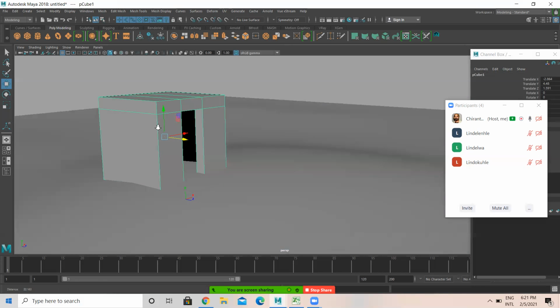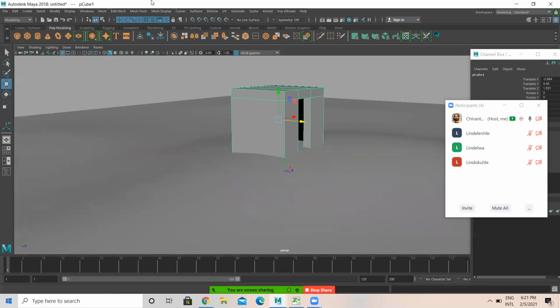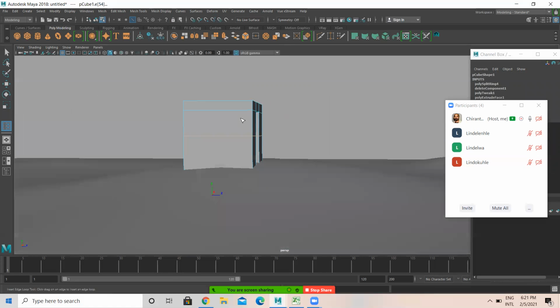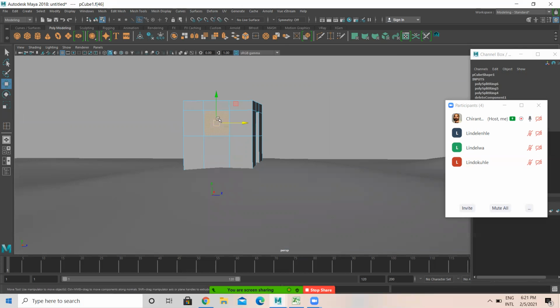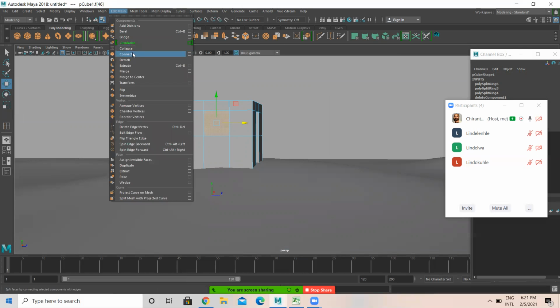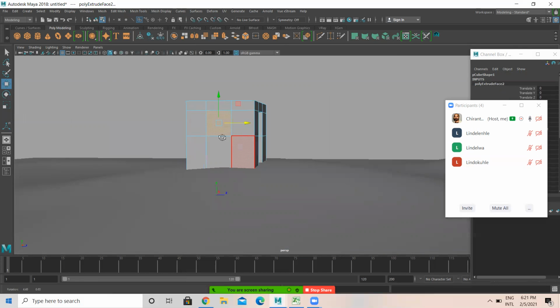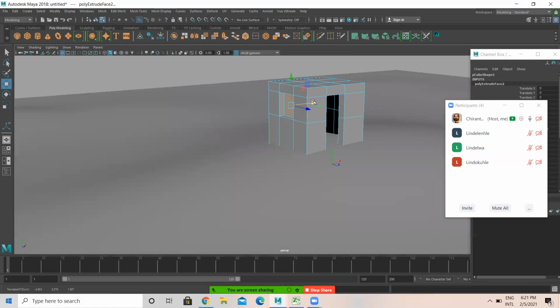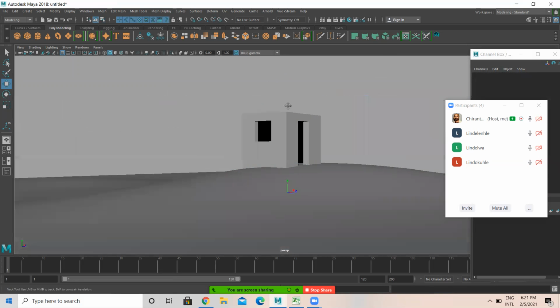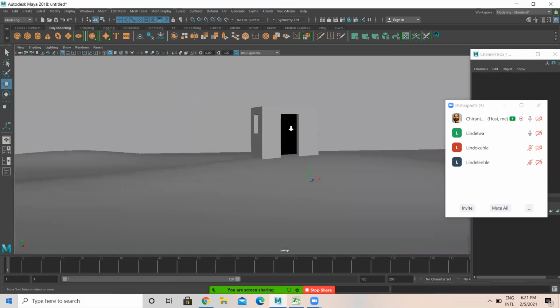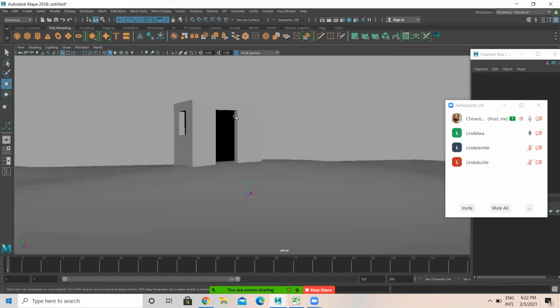Okay, I have added that. Now I want to make a window here. So in that case, mesh tools, insert edge loop, add one here, then one here, then one here. After that, select the face. You can select the face here, go to edit mesh, and extrude again. Then you can push this inside and delete the face. Understood? Any doubts? No, sir. It's quite simple, right? Yes, sir.